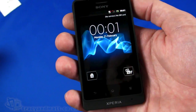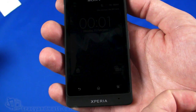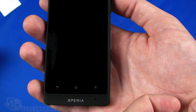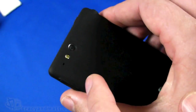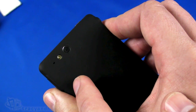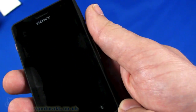As I say, the display 320 by 480 pixels, relatively low res, I think is fair to say. IP67 certified for dust and water, so you can submerge it in 1 meter depth of water for up to 30 minutes. That's what it's rated for. 8 gig of internal storage. There's a 4 gig version available, and to be honest with you, I'm not sure which I have here, but there's 4 and 8 gig versions available. 5 megapixel autofocus camera on the back, supports geotagging and 720p video recording. Bluetooth 3.0 with HS and EDR support, and then Wi-Fi supporting 802.11bg, and then standards Wi-Fi Direct, DLNA and Wi-Fi